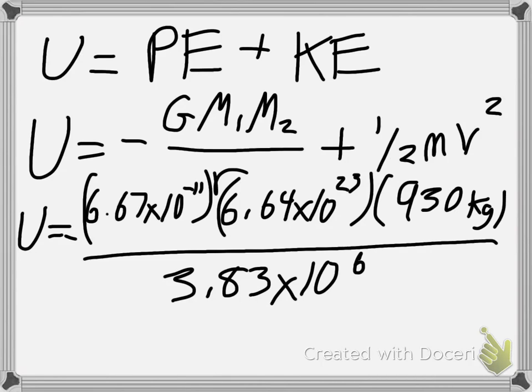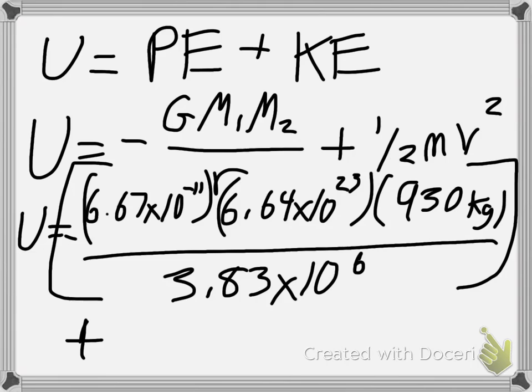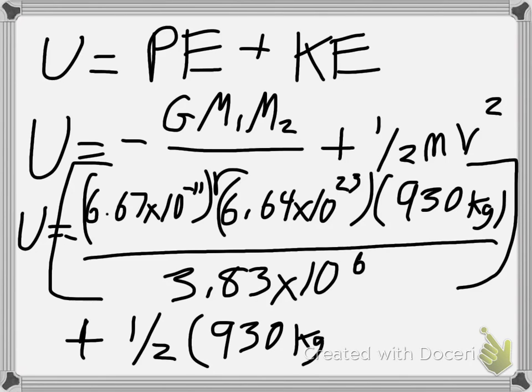And then we have this whole thing, kind of put it in blocks if you want to, and we're going to add the 1/2 times the mass, and we're talking about the satellite, so it's just going to be 930 kilograms times the velocity